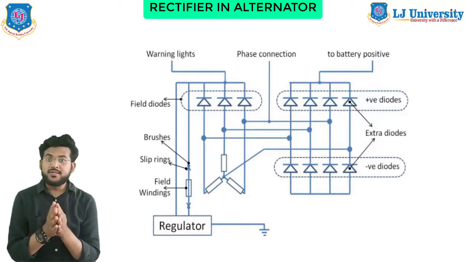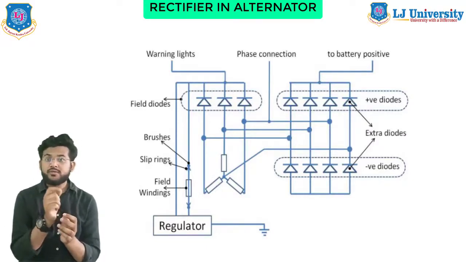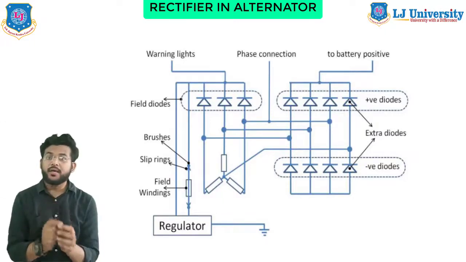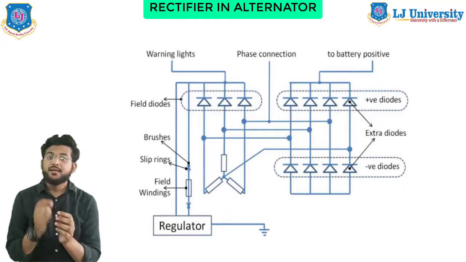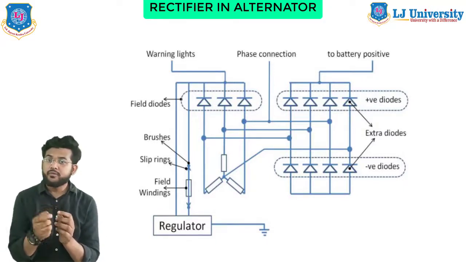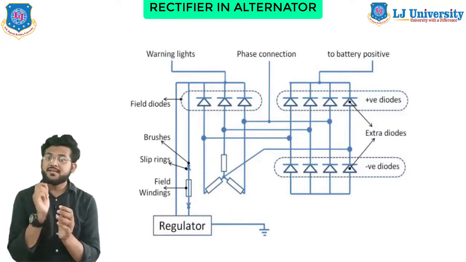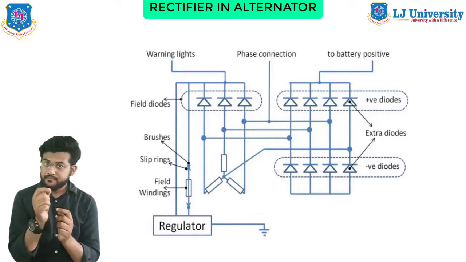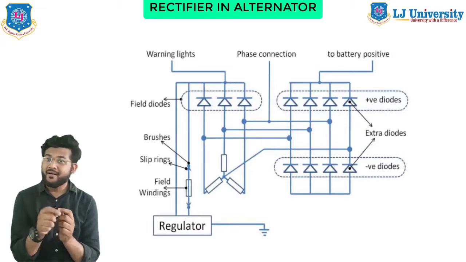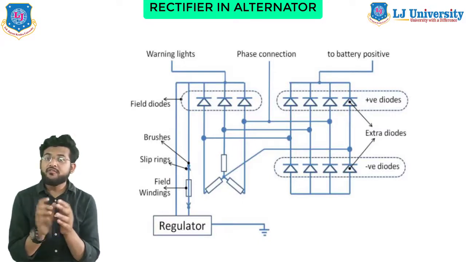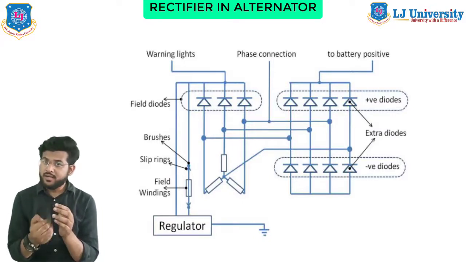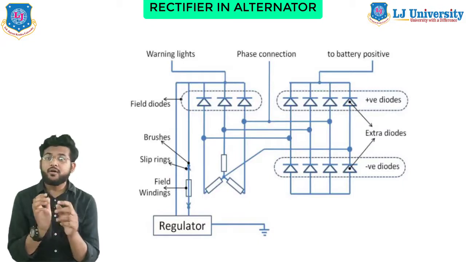Now 3 field diodes, one for each phase, are used to give warning light signals. There is a regulator which regulates the output. As discussed earlier, the slip rings and the field windings are used to input the regulator. There are 2 ways in which this is done. One way is to supply constant feed to the field winding from excitation diodes, and the regulator switches are on the earth side. In the other system, one side of the field winding is constantly on the earth and the regulator switches are on the supply side.